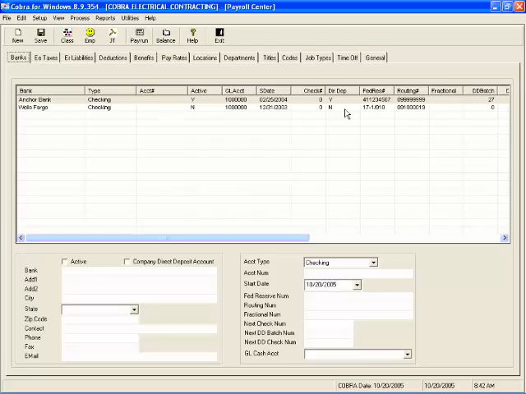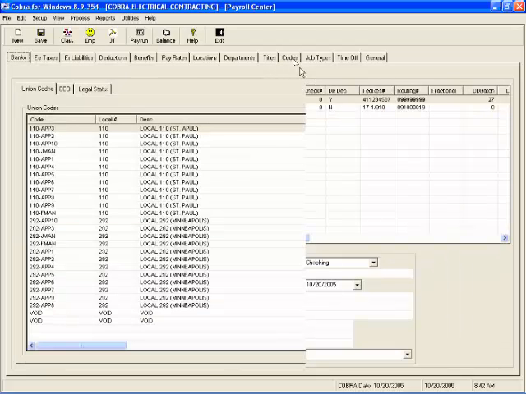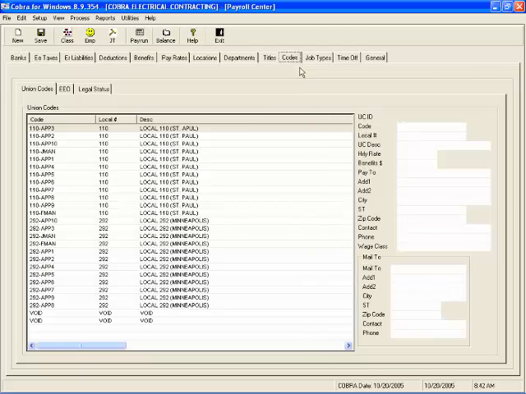Welcome to Payroll Setup Lesson number 2 on setting up union codes in the Codes tab. Now as you enter the payroll program, we're going to work in the Codes tab, so let's click that open. You can see that I have a number of union codes already set up as a visual example to you